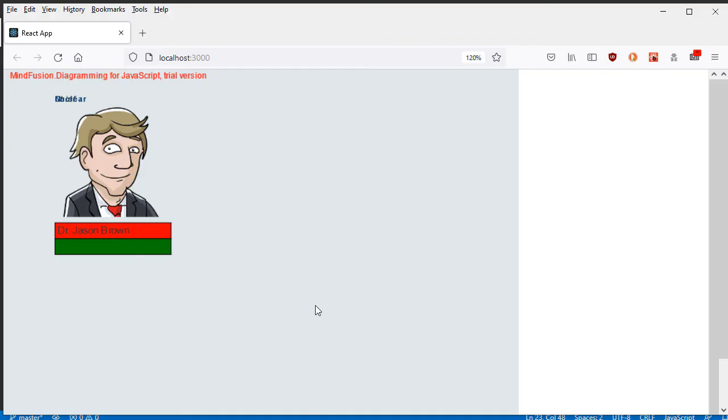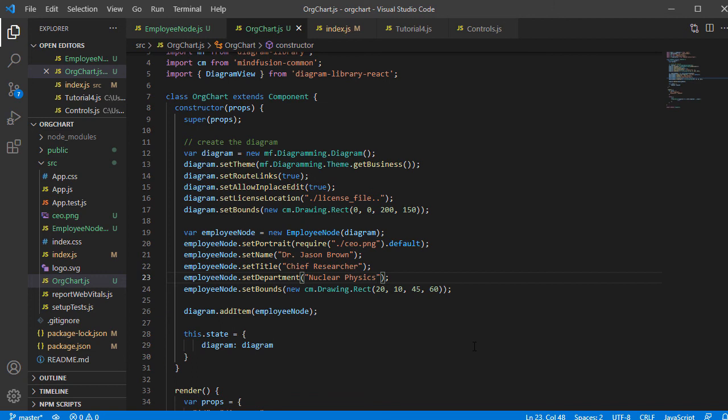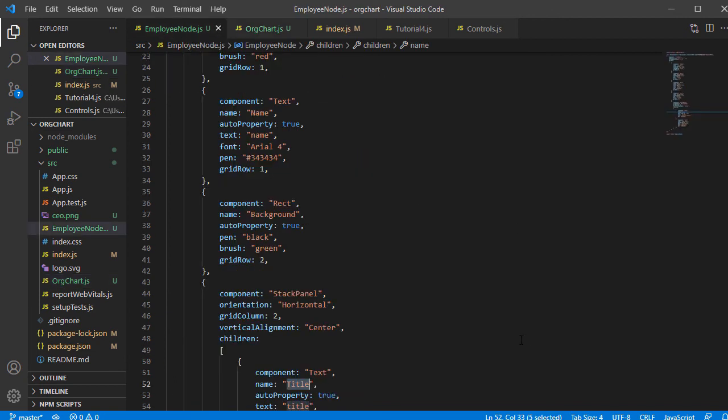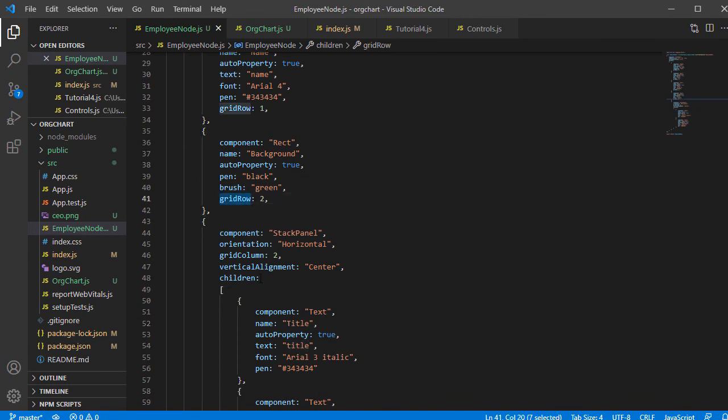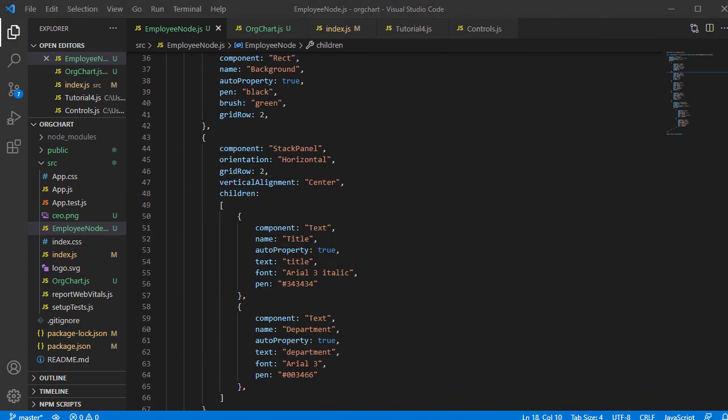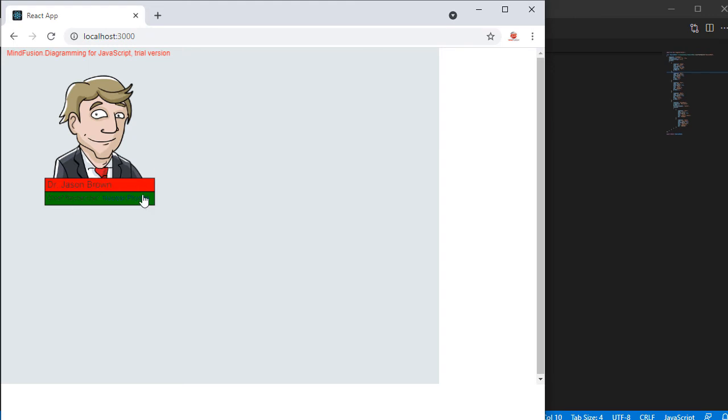The text is displaced. Let's see why. Yes, we have placed the stack panel in column 2, rather than row 2. Here is our node.